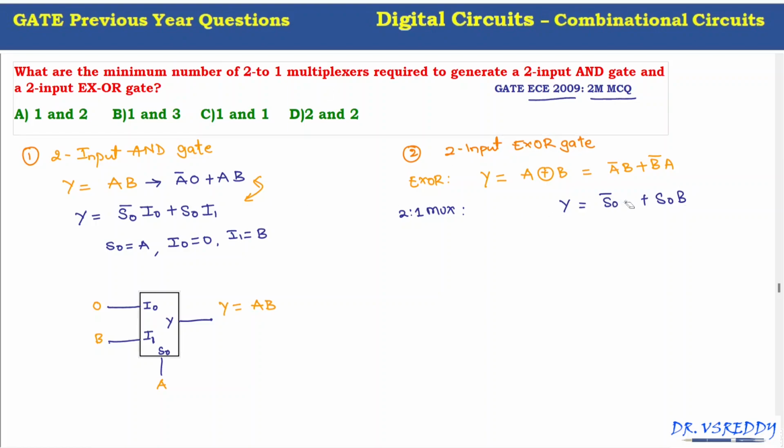Instead of A, B, better to write I0, I1. If we compare these two equations,